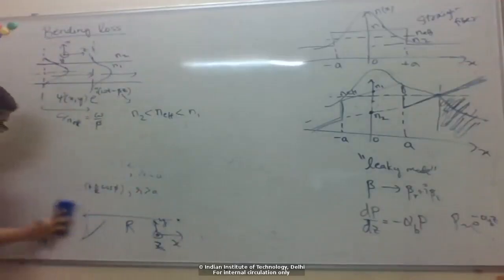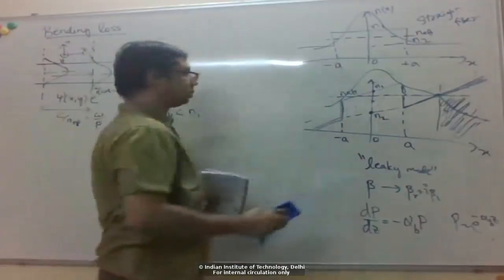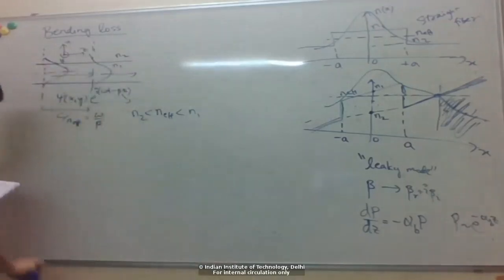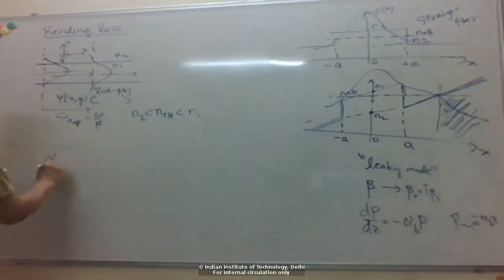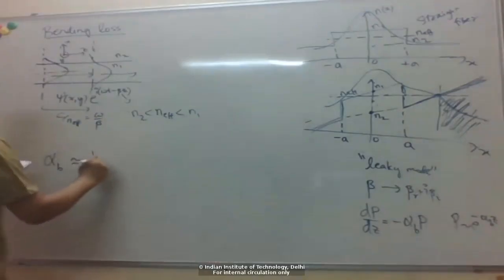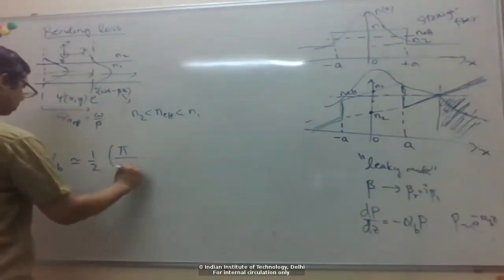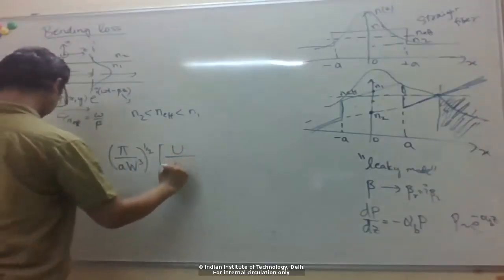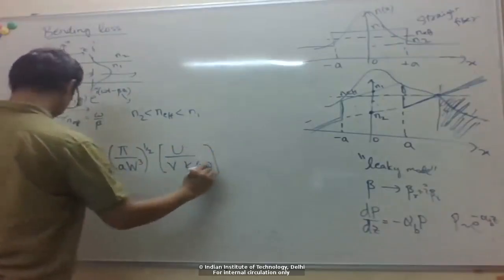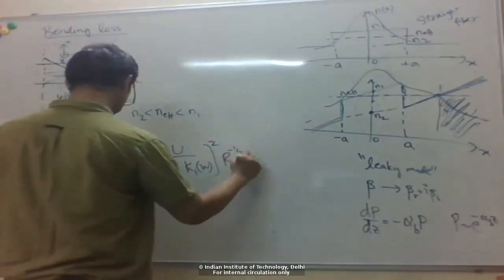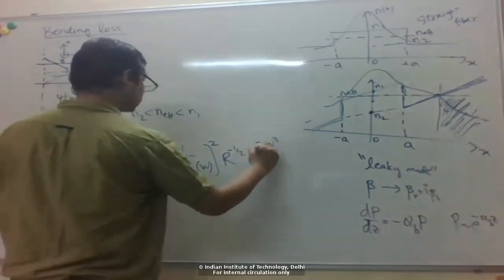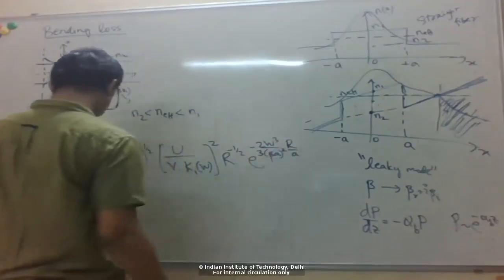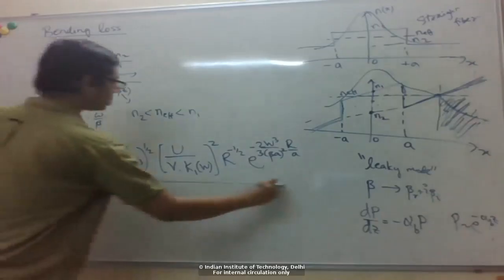There are a couple of different ways of doing it because this is an approximate theory of leaky modes. There are 2-3 different methods that people can use. But the form you get for the bend loss looks something like this. Okay, so it looks quite complicated, but